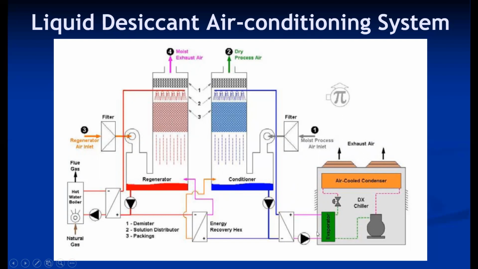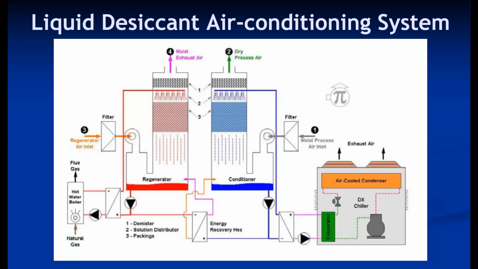So the same system is used in combination with the air cooled condenser. Sorry, this is a chiller. So in combination with the conventional system, the only role of the conventional system is to remove the sensible heat, and the desiccant liquid removes the latent heat. So the marginal load is reduced. That's why when it is used in combination, generally in any cooling or air conditioning application, cooling and dehumidification process happens.